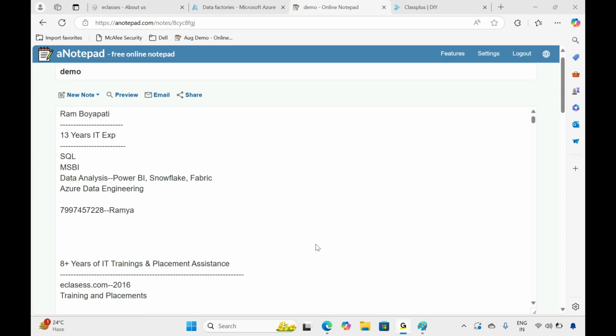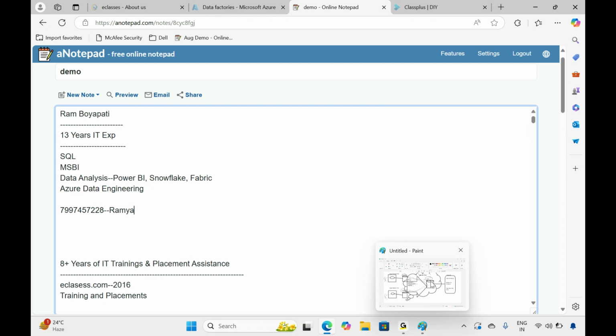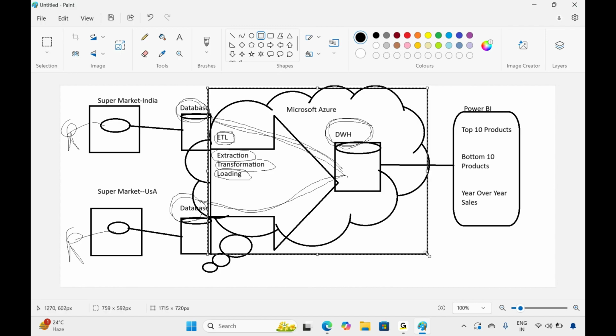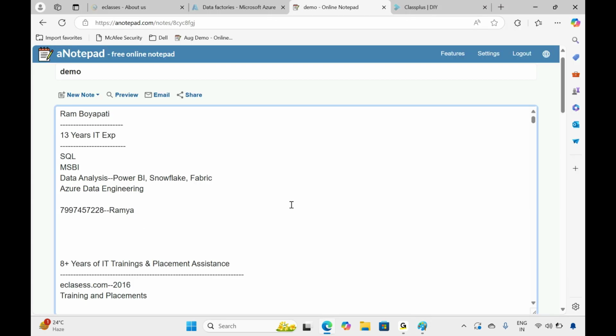90 percent of the concepts in Microsoft Fabric and this Azure Data Engineering are the same. So if you complete this Azure Data Engineering technology, then you can crack the DP600 certification of the Fabric. Fabric means Microsoft Fabric. What Microsoft is doing is combining the Azure Data Engineering technologies we discussed currently with Microsoft Power BI, and they are going to name it the Microsoft Fabric environment.